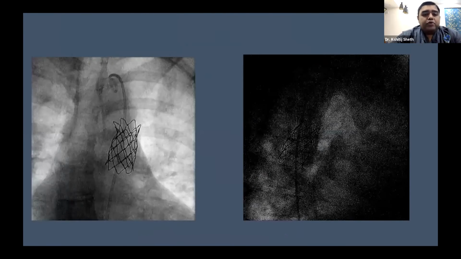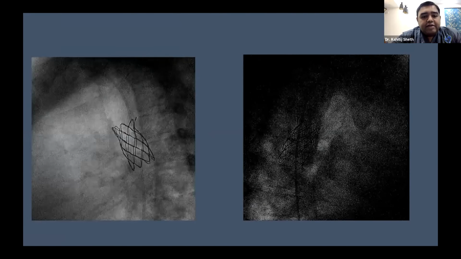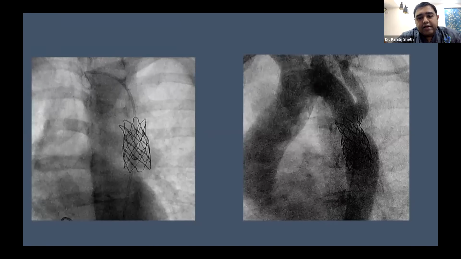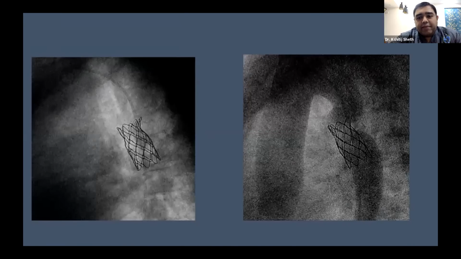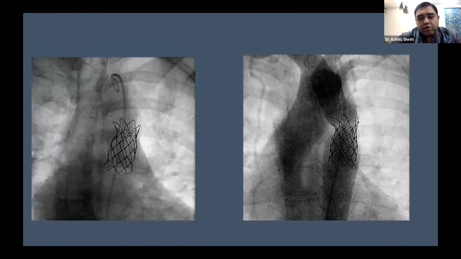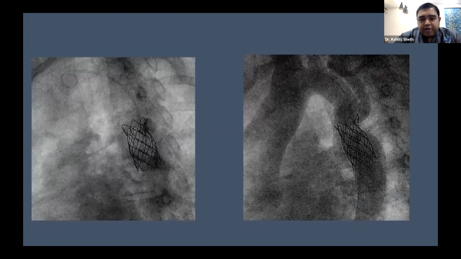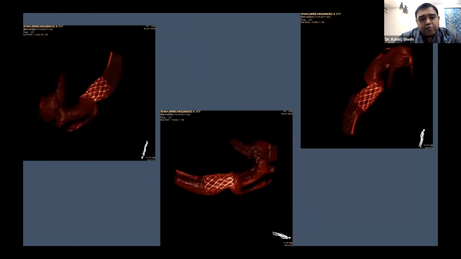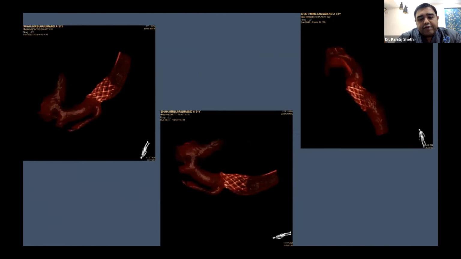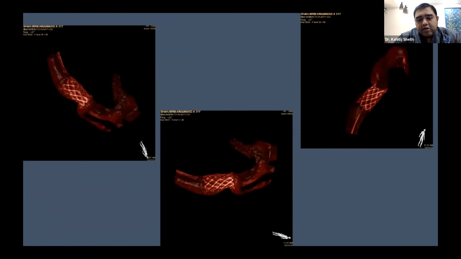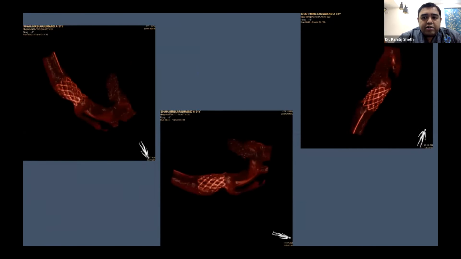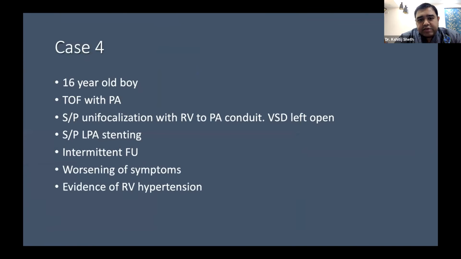And this was a dry run post stenting, and you can see that the stent struts are wide open. There is no fracture and it's sitting in the proper position. We did an angiogram and showed it was away from the subclavian origin and there was good flow throughout. And these were the 3D reconstructed images post stenting, and as we did before, you can see it in various planes. So basically, we have been using rotational angiogram mainly for coarctation and pulmonary artery stenting.